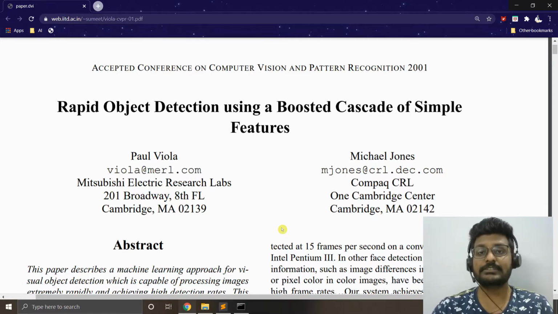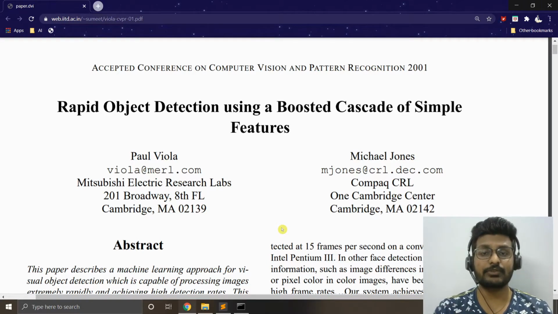So I'm going to use a very old algorithm. I could say it's a 20-year-old algorithm, but it's one of the best algorithms you can ever get for object detection, particularly for face detection. Even right now, a lot of researchers are actually using this. The face detection technique was implemented by Viola and Jones, known as the Haar cascade classifier.